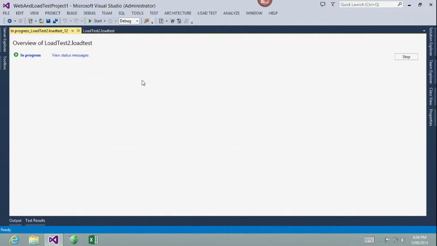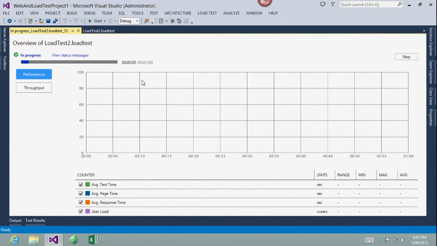In the status messages there, it will report for me how many virtual user minutes I've got available. But apart from that, it's going to come up with a slightly different visual experience as it drives this load from machines sitting up in Azure. It's going to show me not quite the same amount of data that you saw before, not in this view. We might get some interesting things being graphed there. So we do our little warm-up, and it's going to break it down into performance and throughput for me.